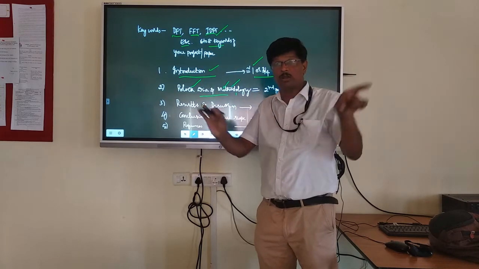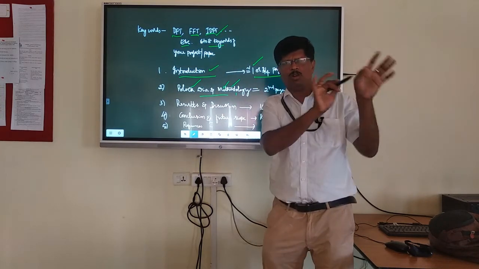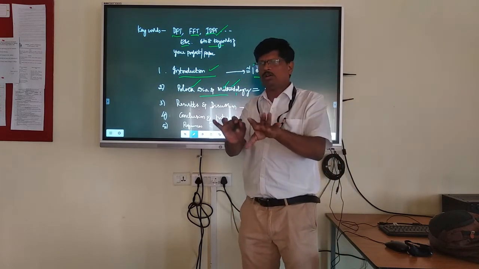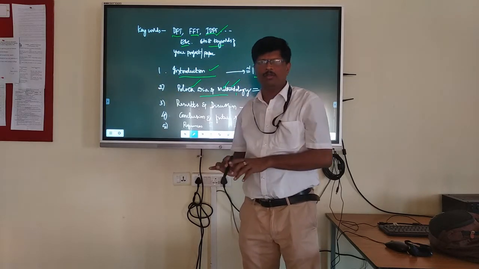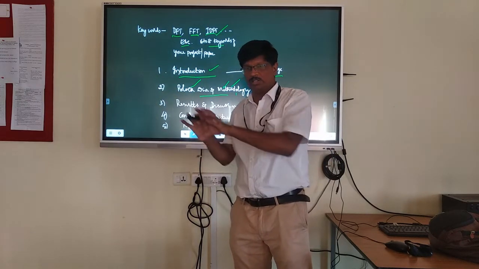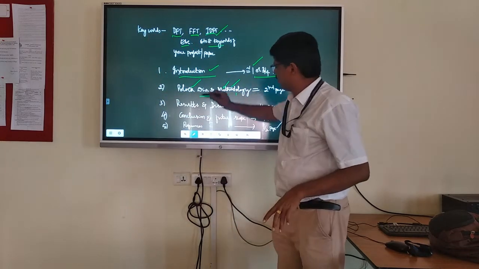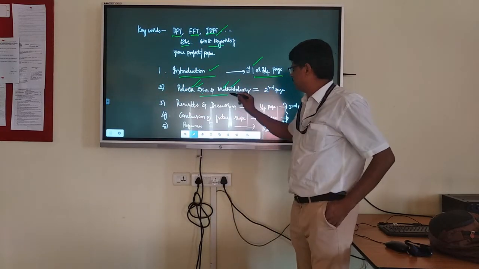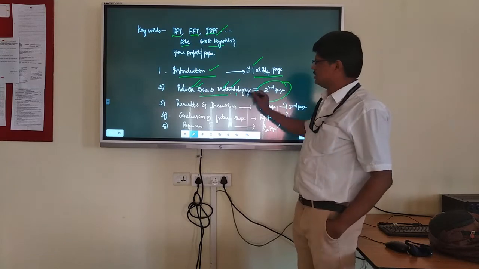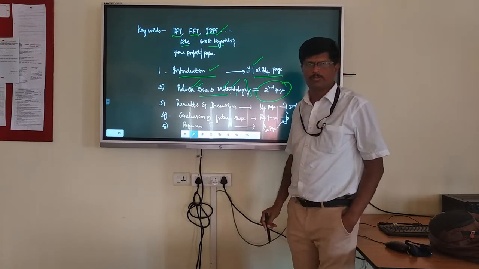You should write the block diagram of your project as blocks. What is the input block, what is the output you are getting, what are the processing units inside, and the display units. All that as blocks. Very, very important. Block diagram and methodology on the second page in full. This is the solution, right?